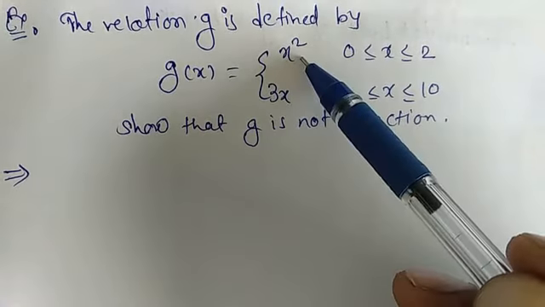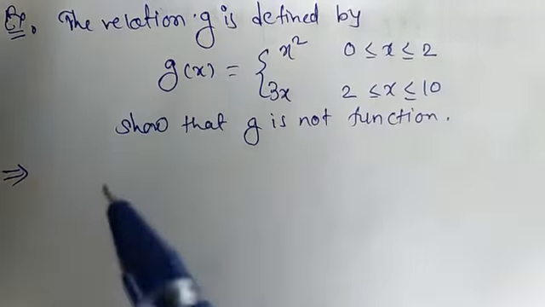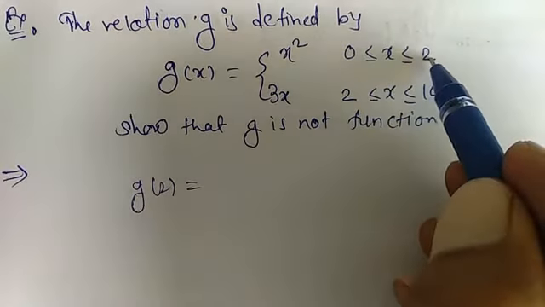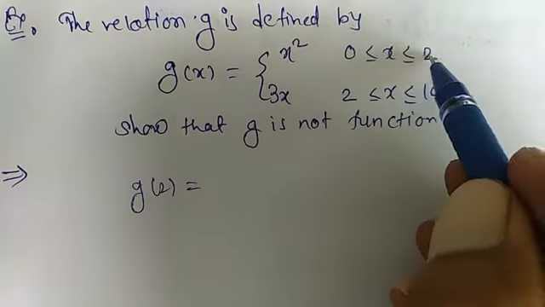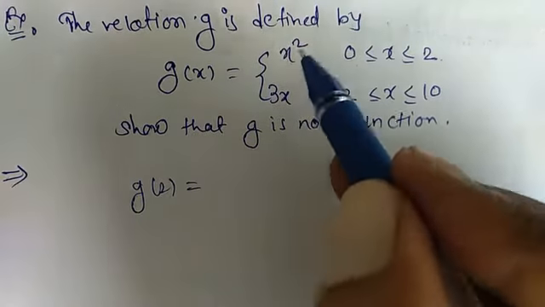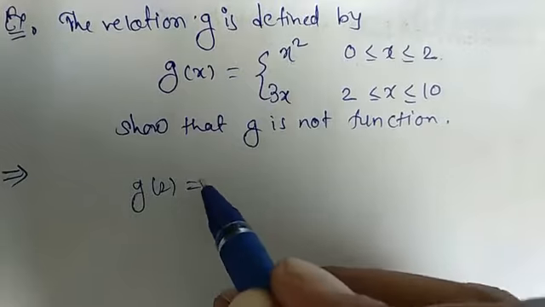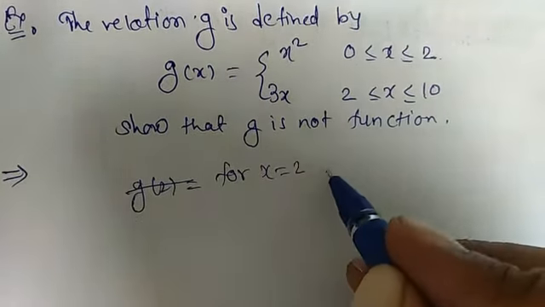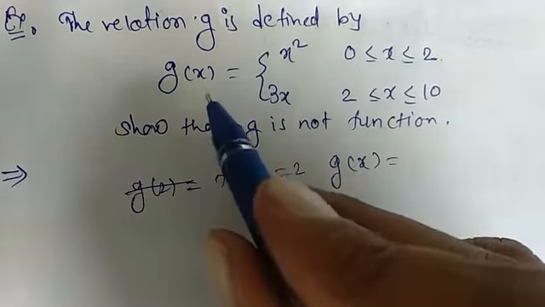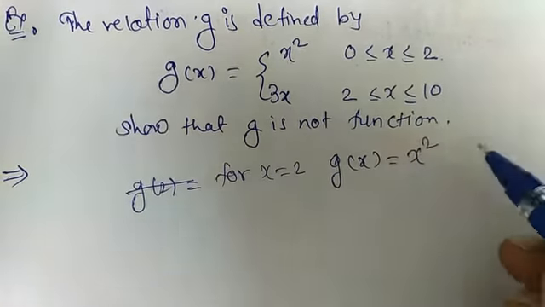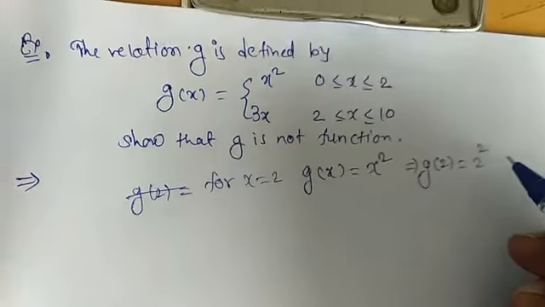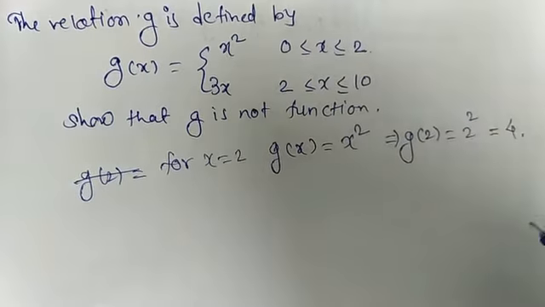If we take 2, now for g of x, g of 2 lies in the first interval 0 to 2, because it is less than or equal to 2. So g of x for x equal to 2, g of x has two functions. g of x is equal to x square, which implies g of 2 is equal to 2 square, which is equal to 4. Okay, and also